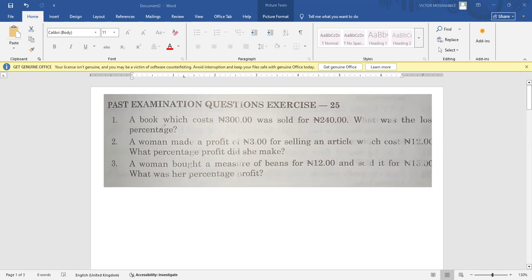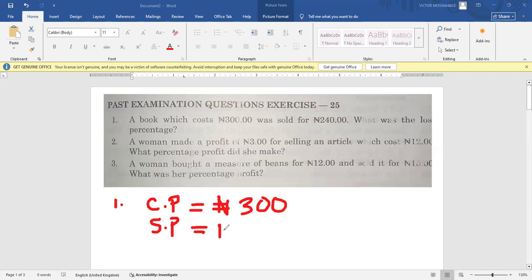The first question reads, a book which cost 300 naira was sold for 240 naira. What was the loss percentage? So the first thing that we need to do is to write out the parameters. The first one is the cost price, so I'll tag it as CP. CP is equals 300 naira. And then I have the SP. The SP as equals